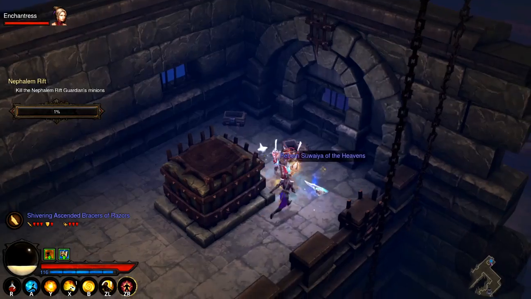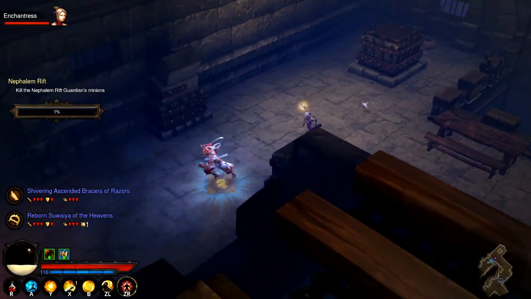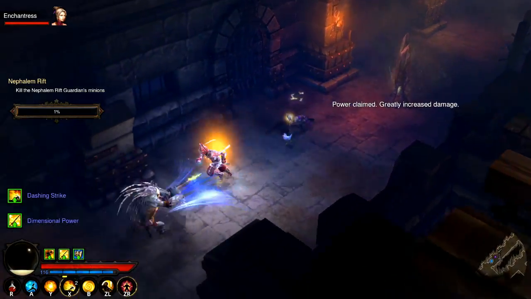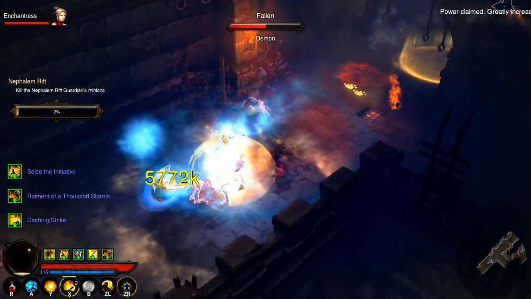So it'll probably get a little crazy in here because the rifts have the highest mob density. But it doesn't tend to matter that